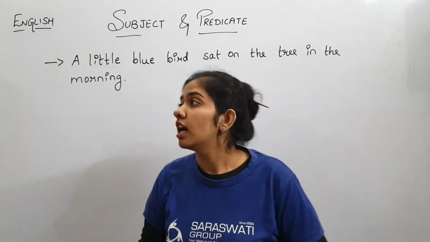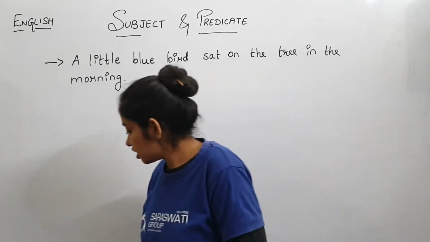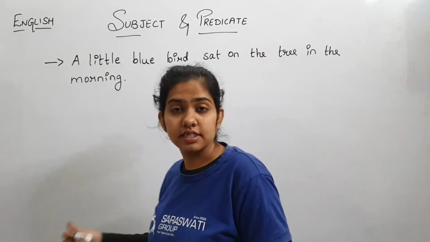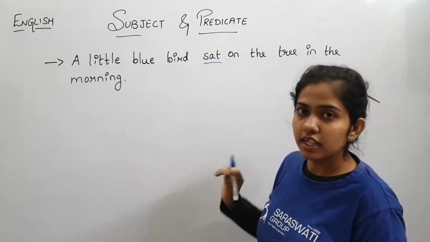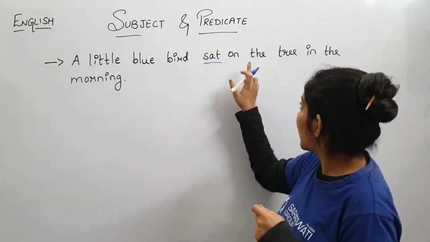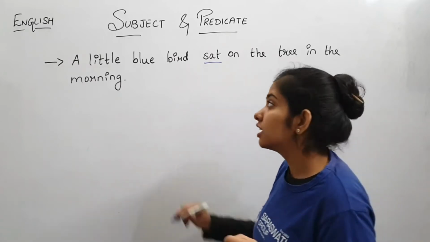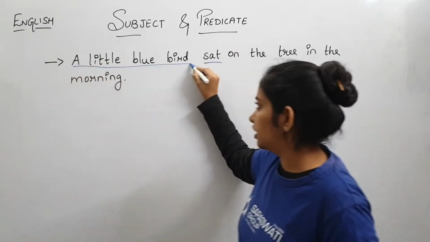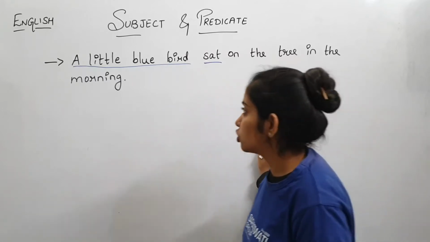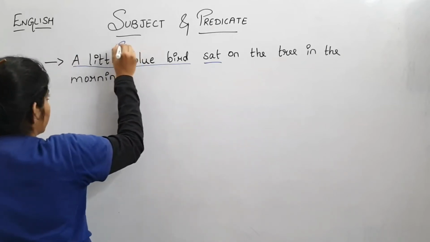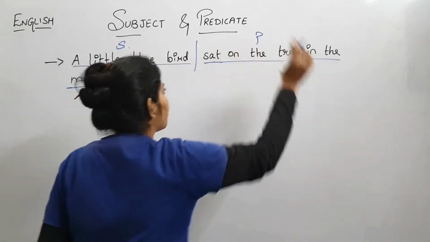यानी कि अब यहाँ पे पहले आपको क्या करना है? What you are supposed to do? Yes. First you are supposed to identify the verb in the sentence, right? So verb कौन सा है? That is sat, right? अब आप question करो. Who sat on the tree in the morning? So what you will get the answer? A little blue bird, right? You will say a little blue bird sat on the tree, right? So जो a little blue bird है वो आपका subject है and this part वो जो है वो आपका predicate है,